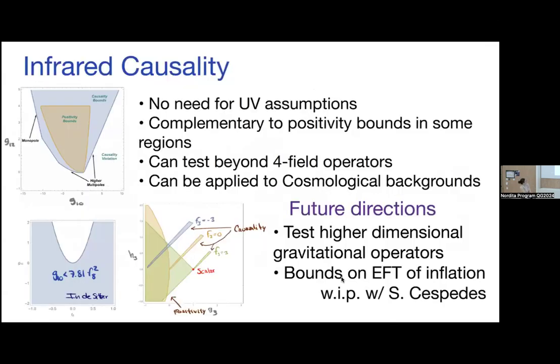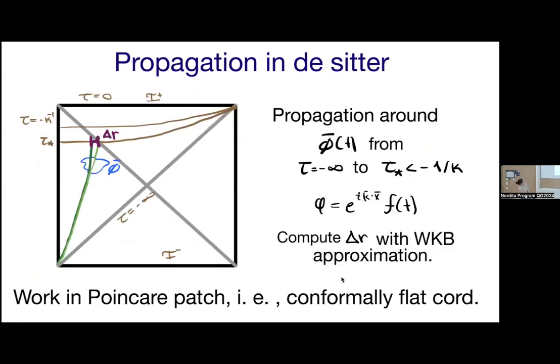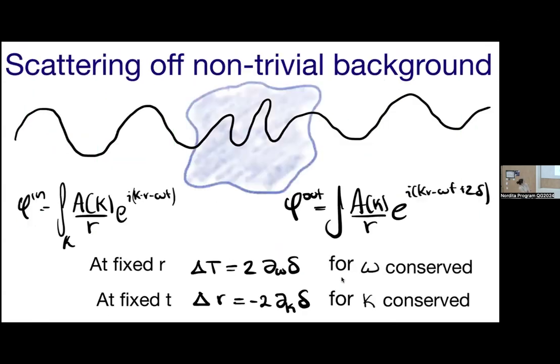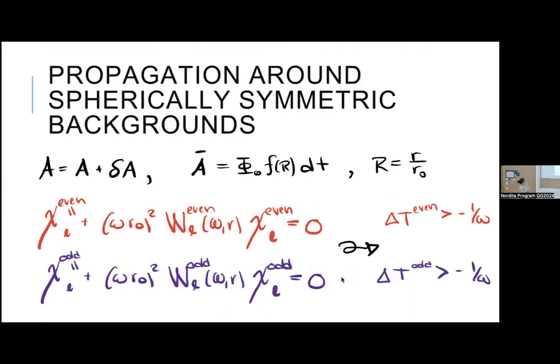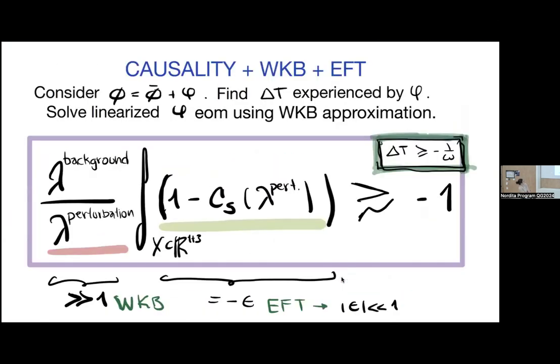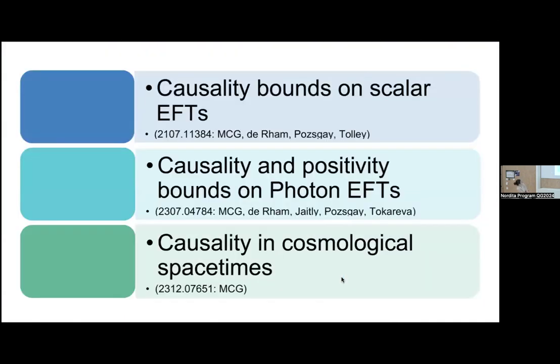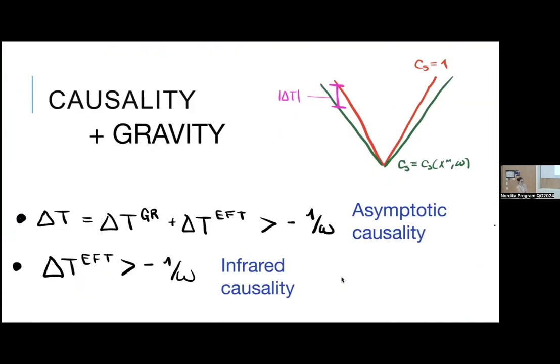Yeah, so this is the choice of, let me go back to that slide. This is the choice of what you believe is the correct bound when you include gravity, which is way back here. Yeah, so the paper you're talking about uses this idea of asymptotic causality. Usually what we've been doing is using more the idea of infrared causality. And if this is also satisfied, for example, I think this is also the example they do, you can do